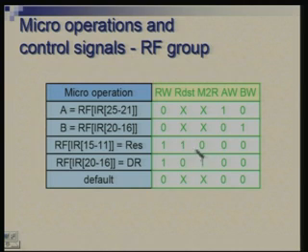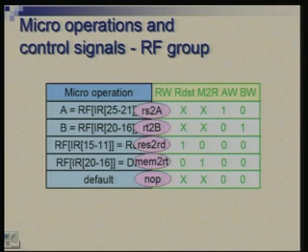So, once again you would notice that these two signals RDST and M2R are complementary of each other. Okay. So, one could reduce the signals. Names for these: RS to A, RT to B, RES to RD, MEM to RT, and no operation. Okay. So, these 5 names I am going to use later on.